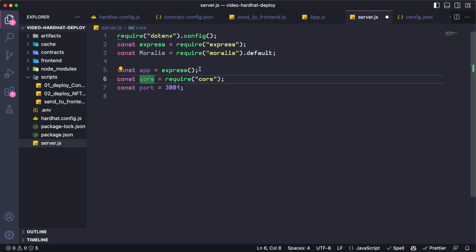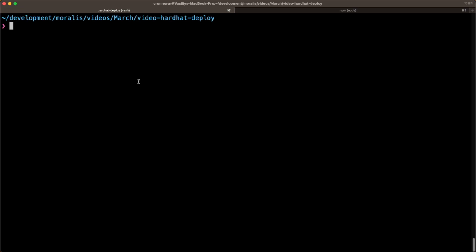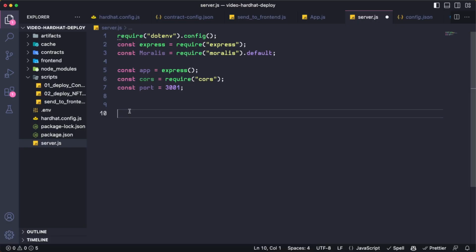The app is going to be equal to Express. We are going to use cors to bypass some security measures, and we need to specify the port on which our server is going to run. As default, React projects run on the port 3000, so we are using 3001. But of course, don't forget to add those requirements to your project with npm install Moralis, cors, and express. We are going to say app.use(cors) and